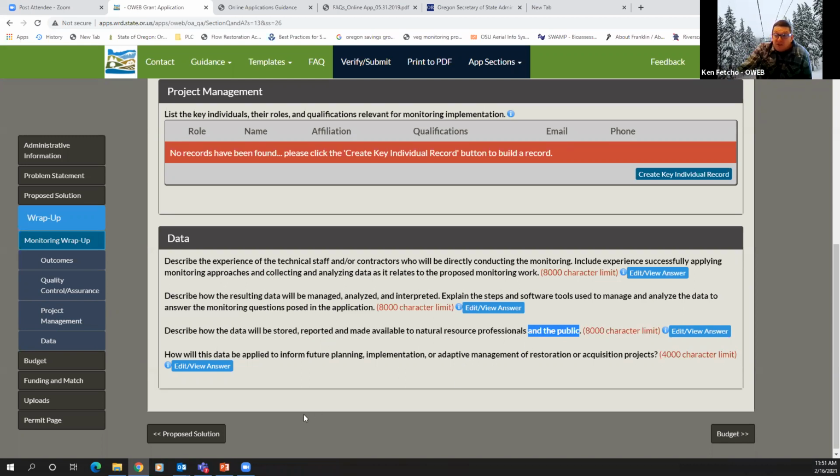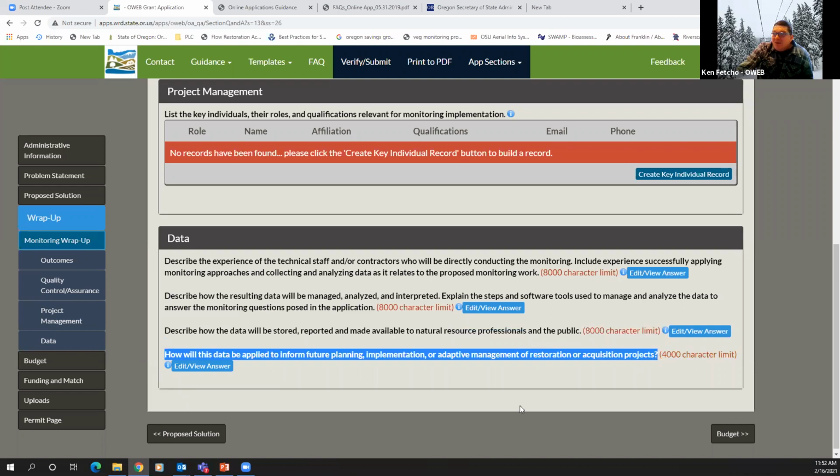And again, if you're not sure, it's helpful to contact us in advance. We can help you with that. And finally, this last question is the last, but also is linked back to the first criteria in our